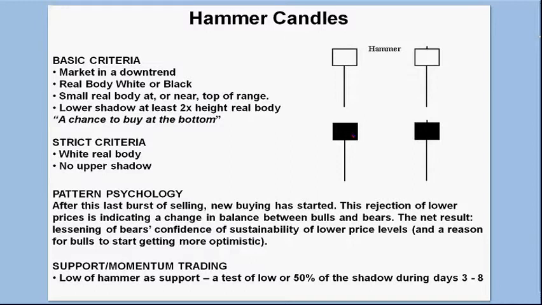And where you want to try to pick these up is anywhere between the 50% level of the shadow or the wick and the bottom. The preference is going to be trying to pick it up towards the bottom of that candle and get a test of it. On trading session 3, 4, 5, 6, 7, or 8, it can go ahead and dip below the shadow, but you want to see it close back above.